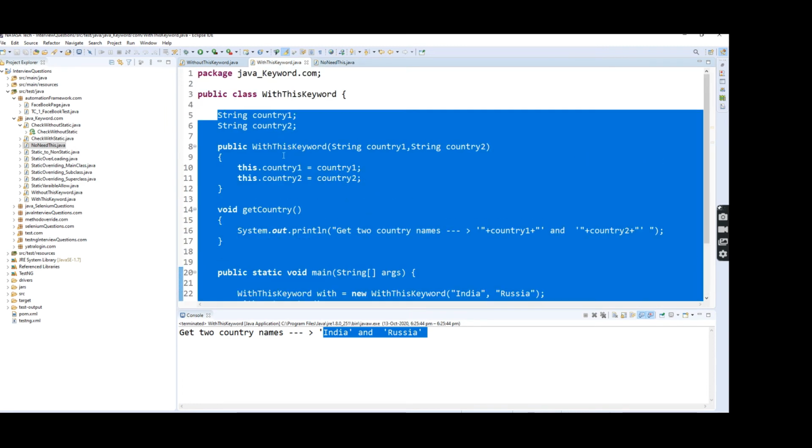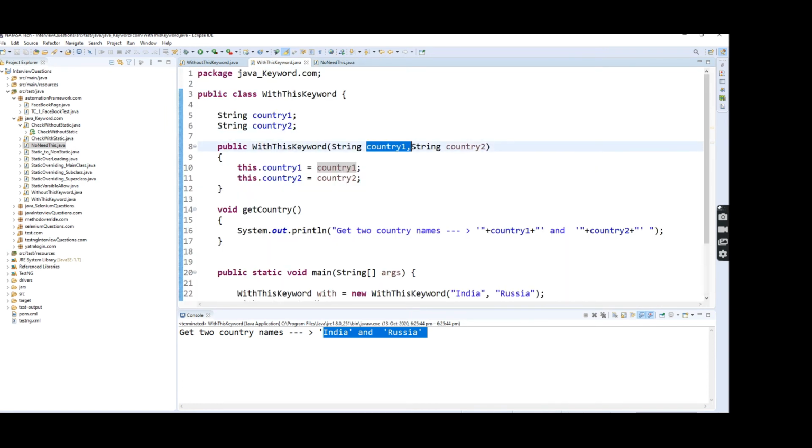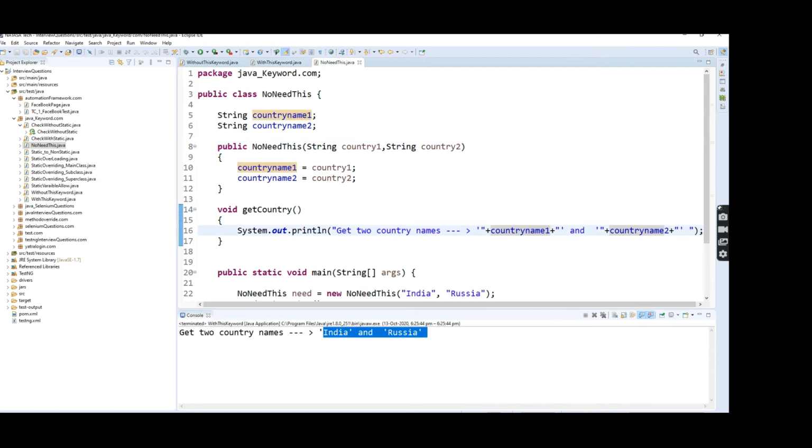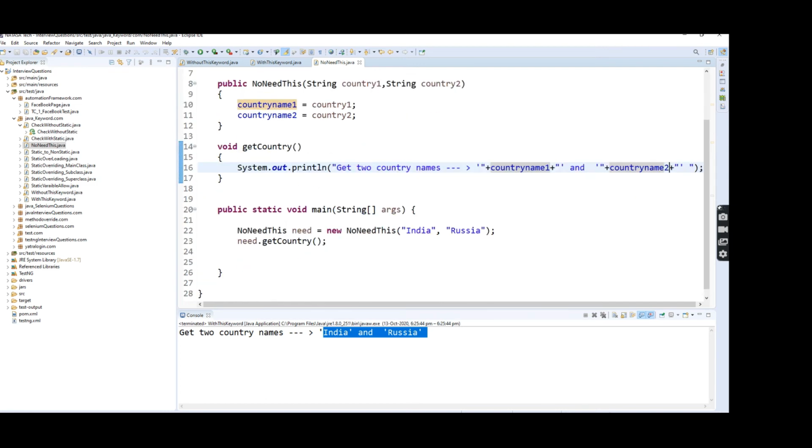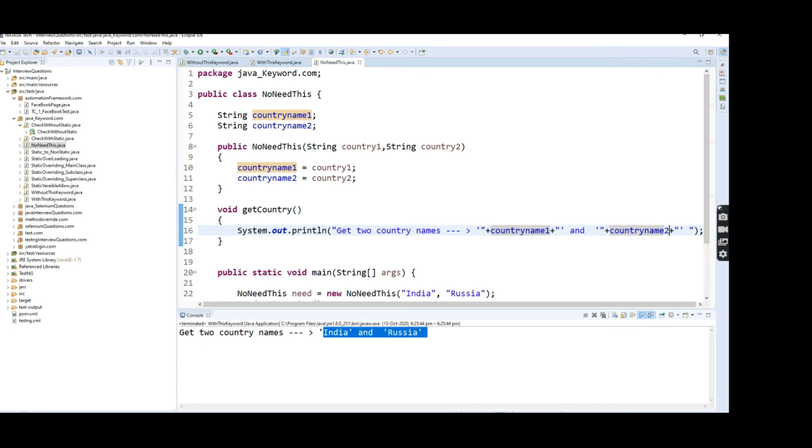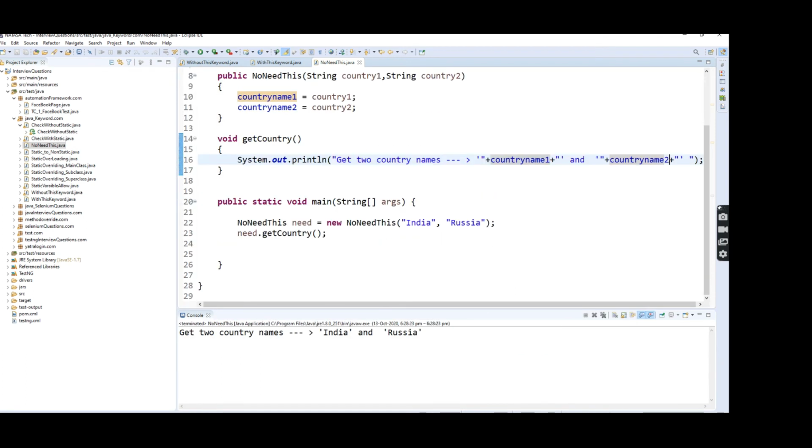When the instance variable and the argument name are the same, that time you use the this keyword, because only then will the JVM get the right parameter. But if you assign different names for the parameter and the instance variable, you don't need the this keyword for the argument. Okay, I'm going to run. See, it executes successfully. Whatever parameter we pass, that value is executed.